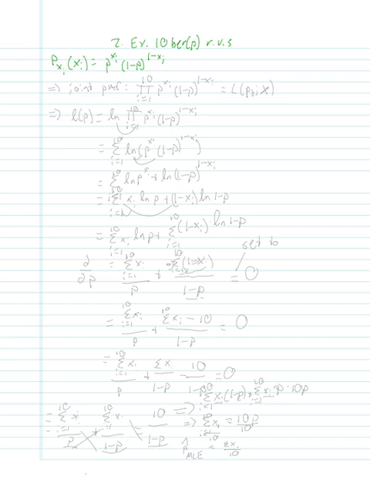Now, this means the joint PMF is equal to the product from i equals 1 to 10 of p to the xi times 1 minus p to the 1 minus xi. We can just multiply them together because each sample is independent and they're all identically distributed. And now this joint PMF is equal to the likelihood function. It's just p, there's no i there,